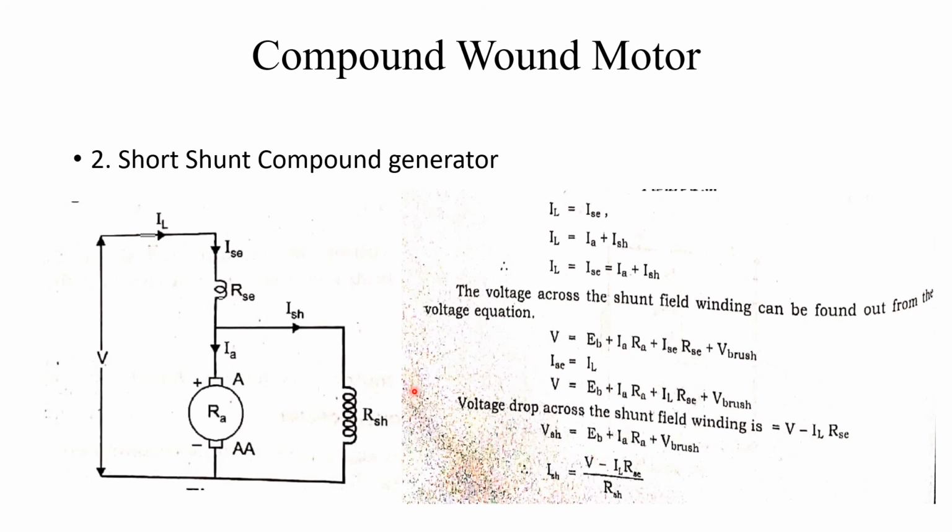So these are the types of DC motor. In this I have provided all the VI relationships, which are used for solving problems. You have to remember the circuit as well as the VI relationship so that you can easily solve the problems. Thank you.